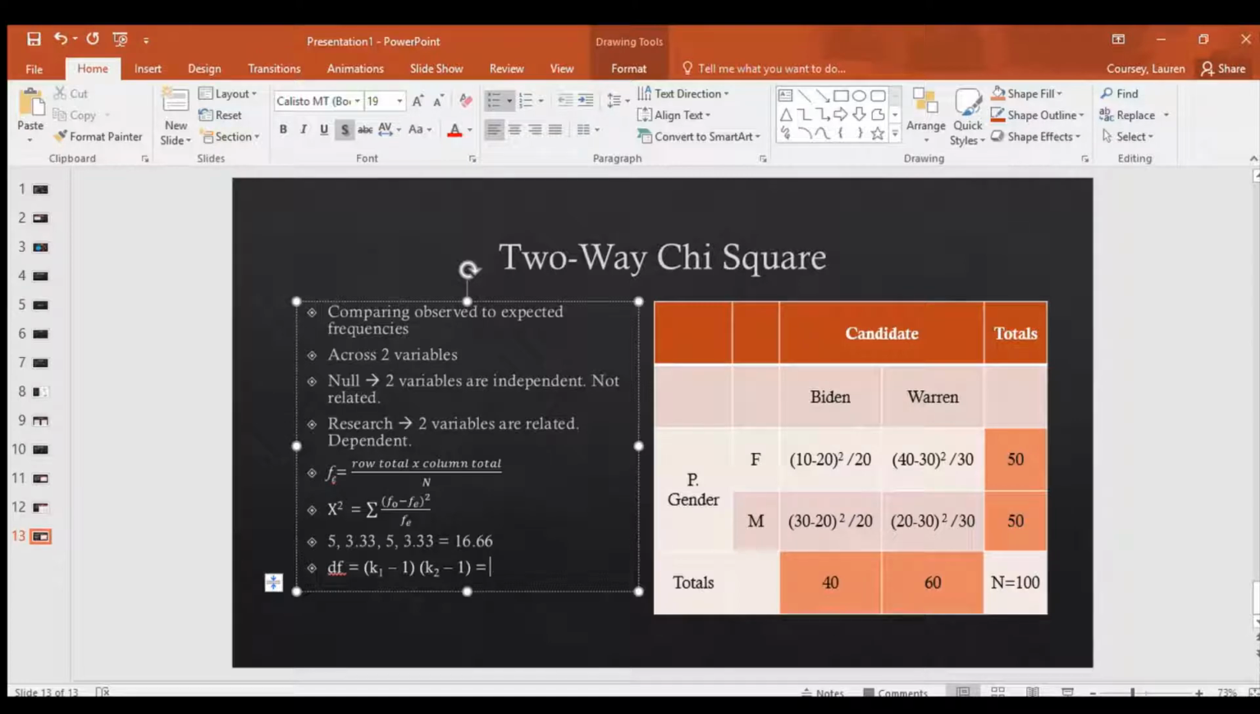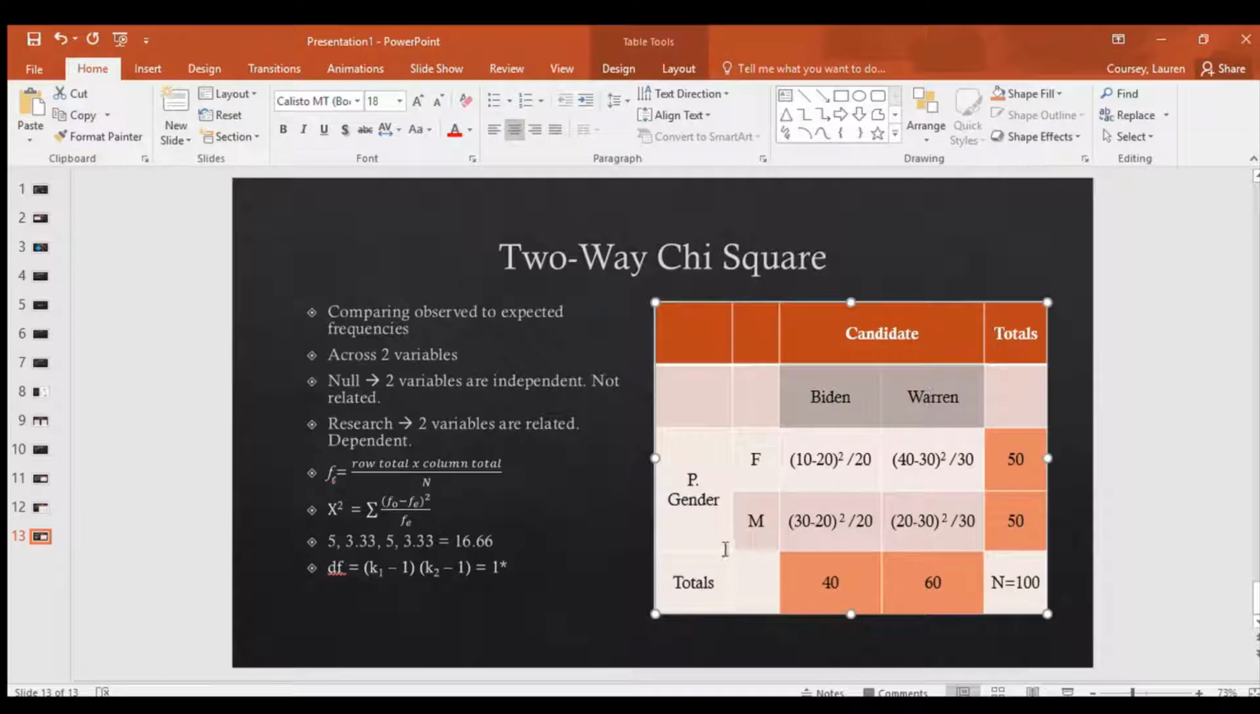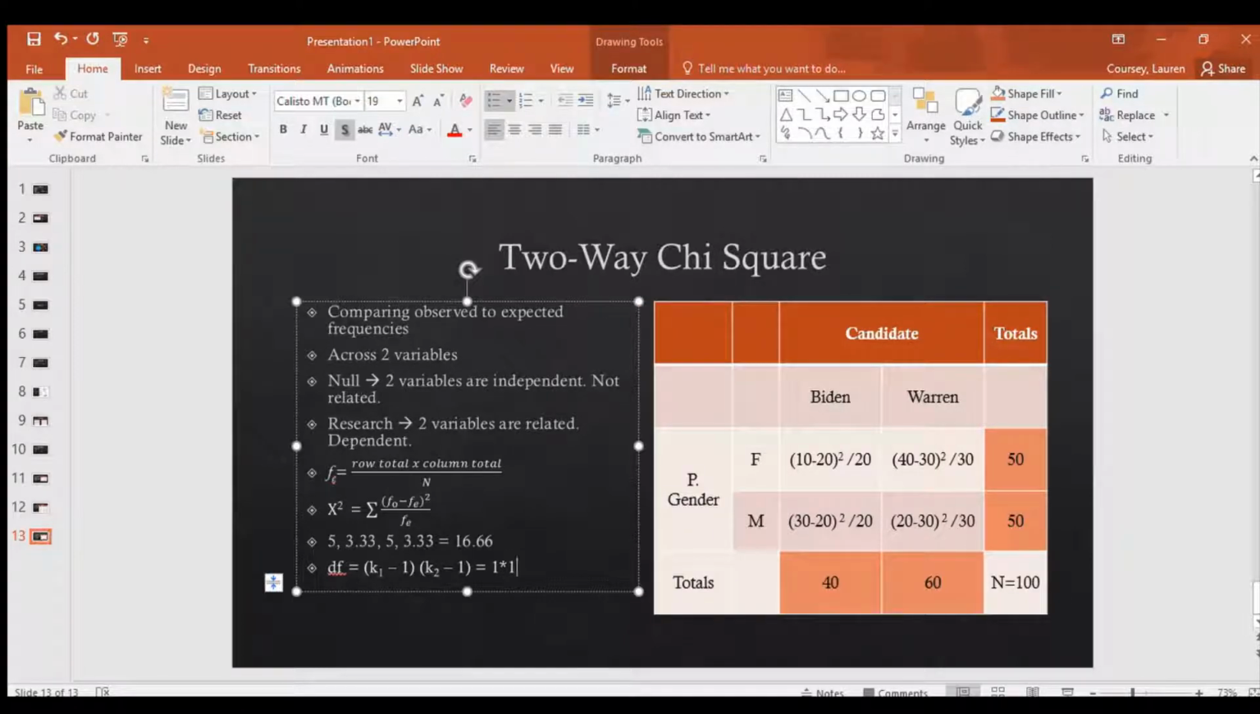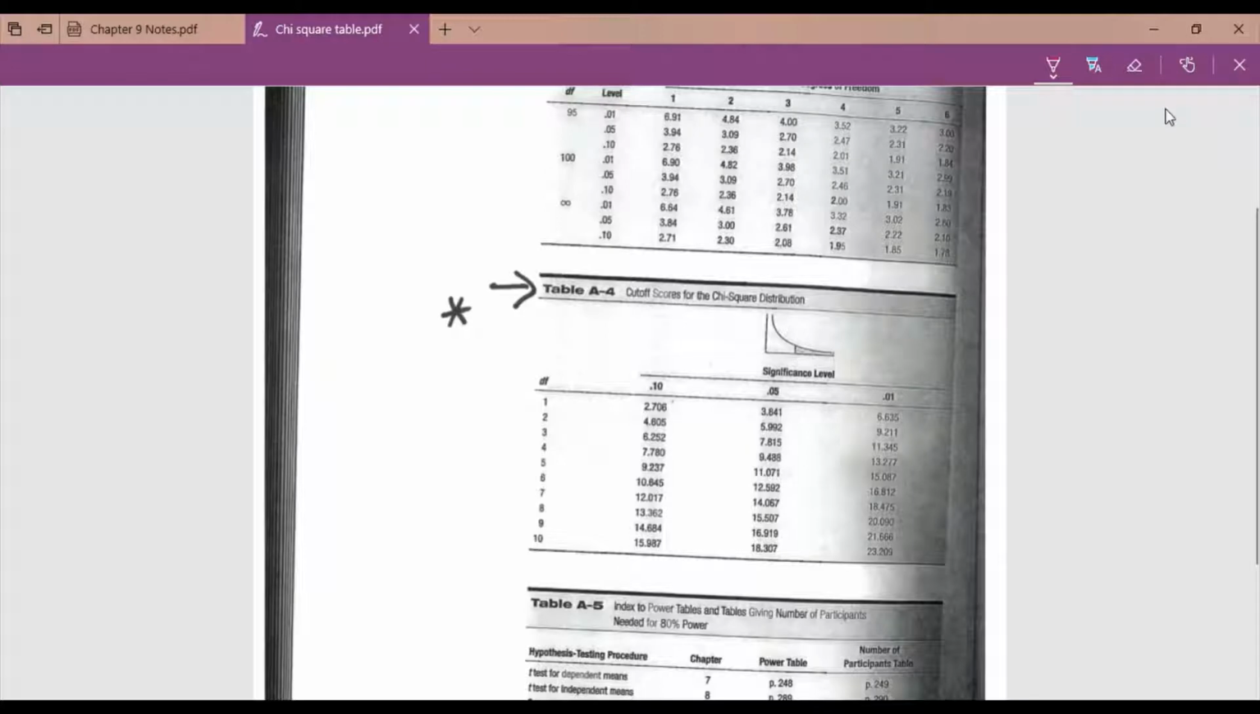So this would equal 1 times. For our second variable, again, we have 2 categories. 2 minus 1 is 1. So 1 times 1, of course, would be 1. So we have 1 degree of freedom. So let's take a look at our chi-square table. So for our chi-square table, we said that we wanted to use the significance level of 0.05, and then we have 1 degree of freedom. And so our critical or tabled value would be this right here of